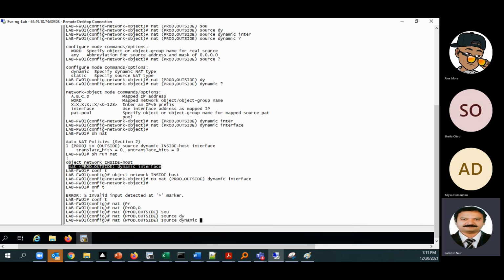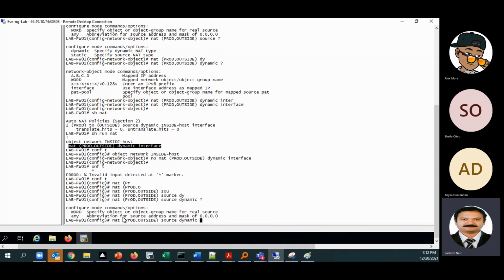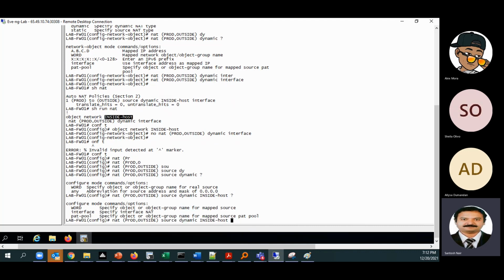We have to give the source. So source has to be an object or object group. We can give an object or object group here. So what we will give is an object group. Like we have already created an object, but you can use an object group also here. And then we can give it as interface.